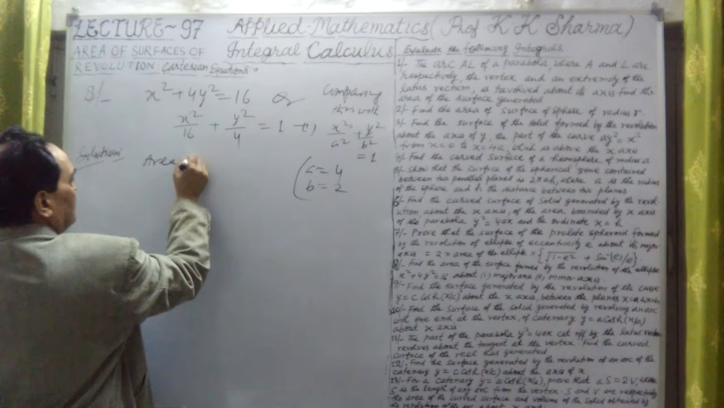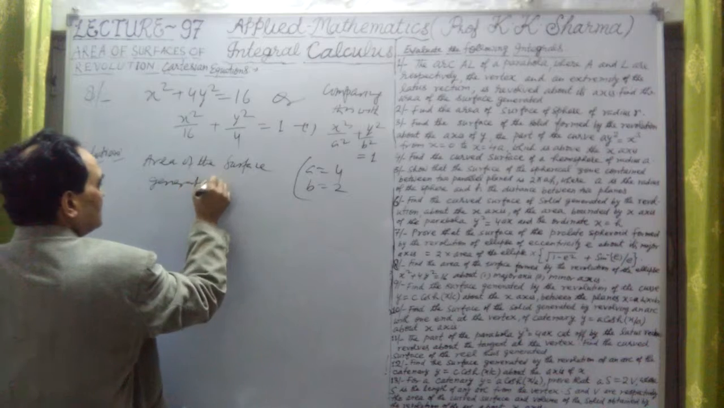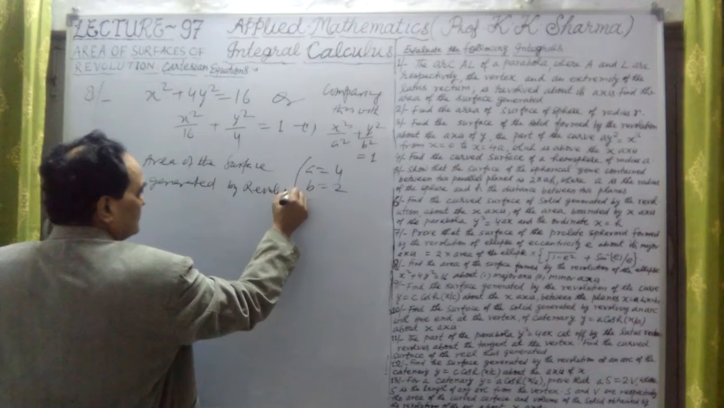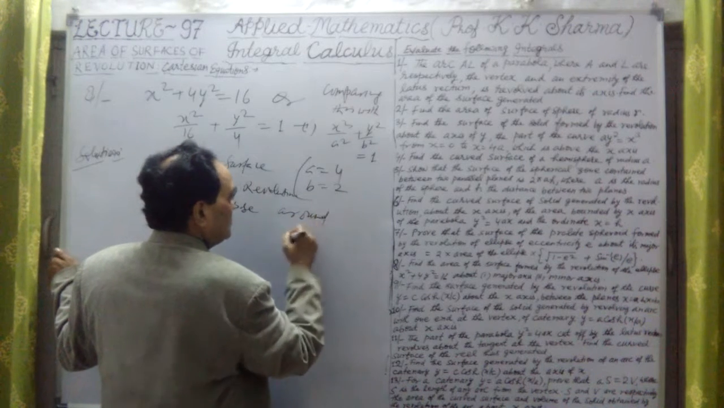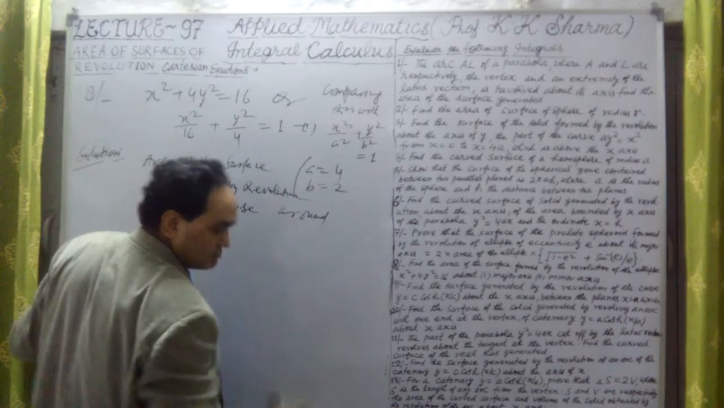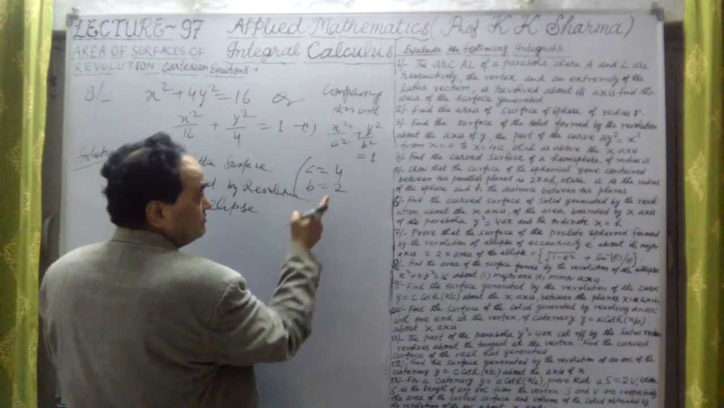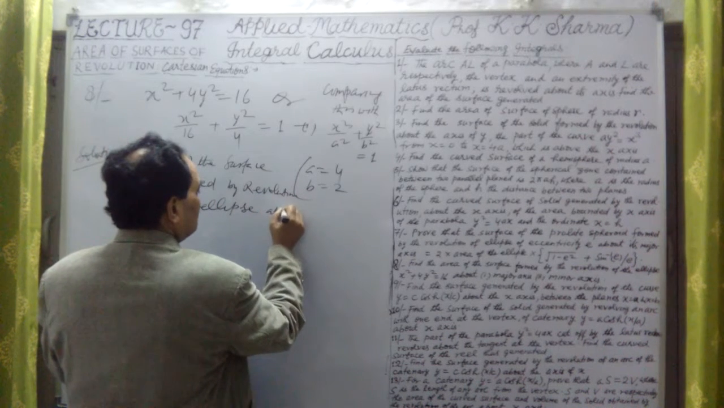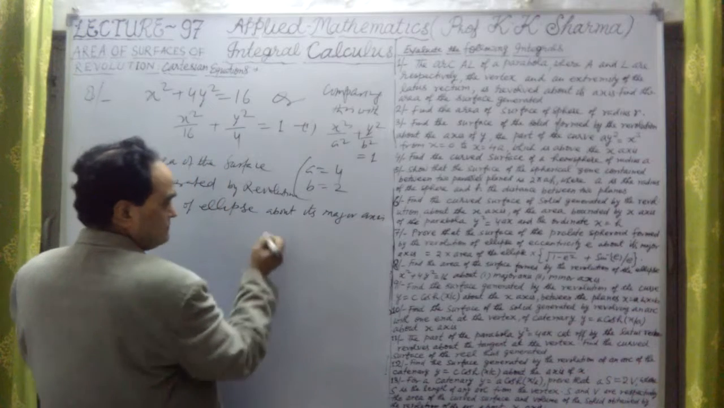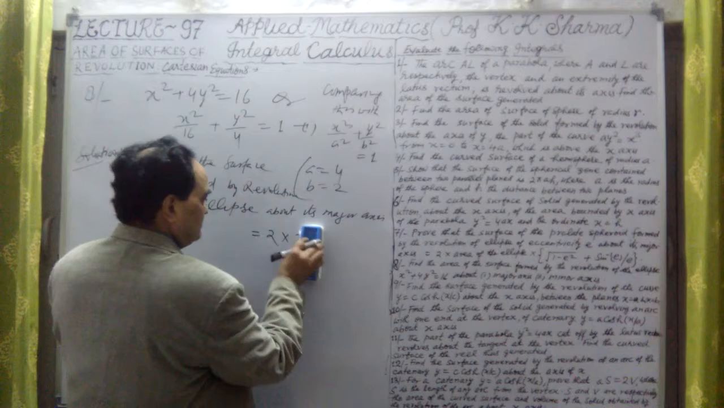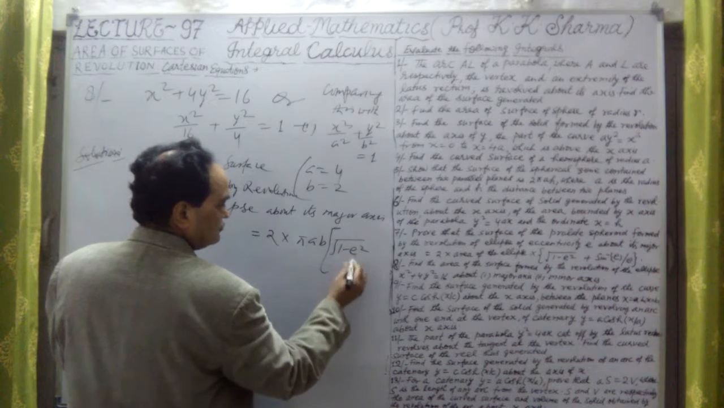Now the area of the surface generated by revolution of the ellipse about its major axis. We have just calculated in question number 7. In the same way, we will just substitute a and b. A and b are these values. The area about its major axis is given by 2 into pi ab, 2 into pi into a into b within bracket, under root 1 minus e square plus sine